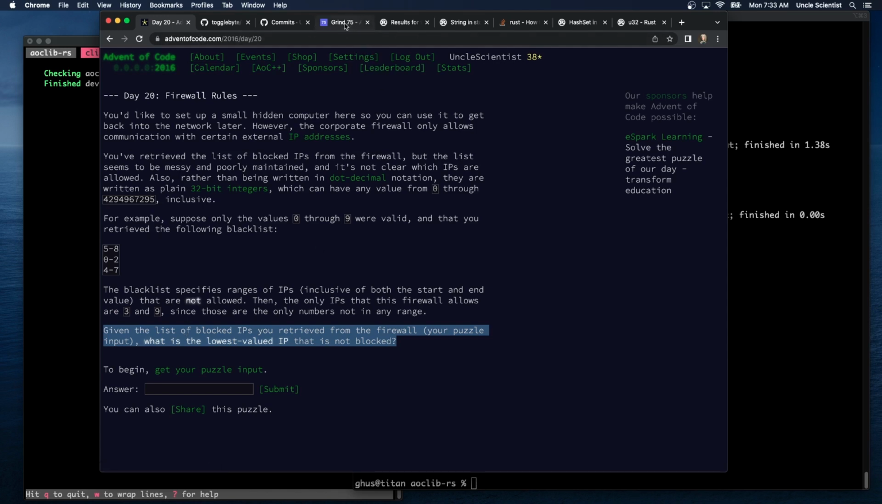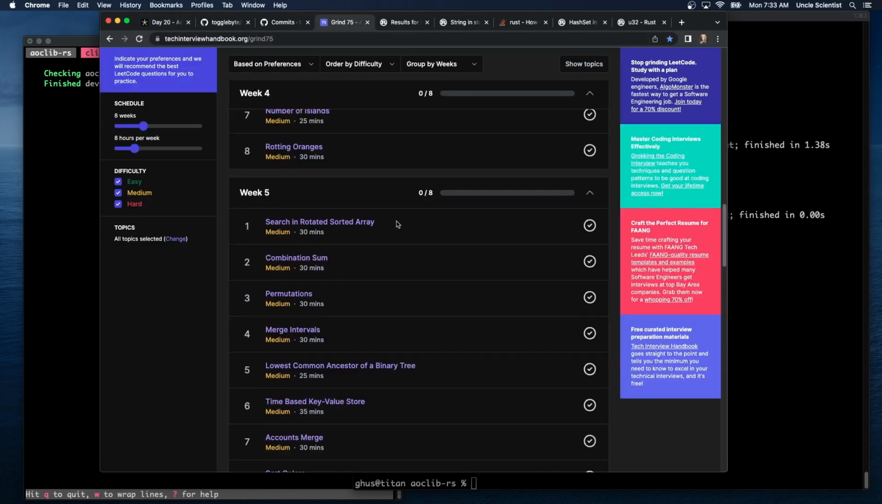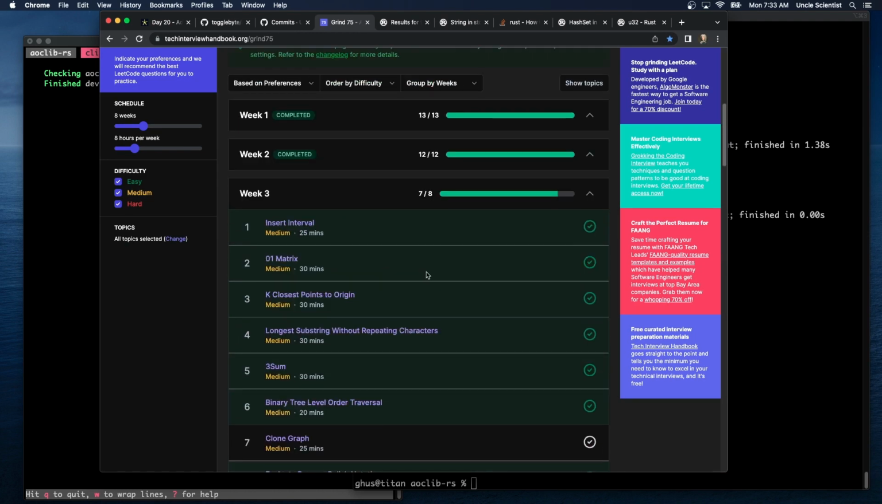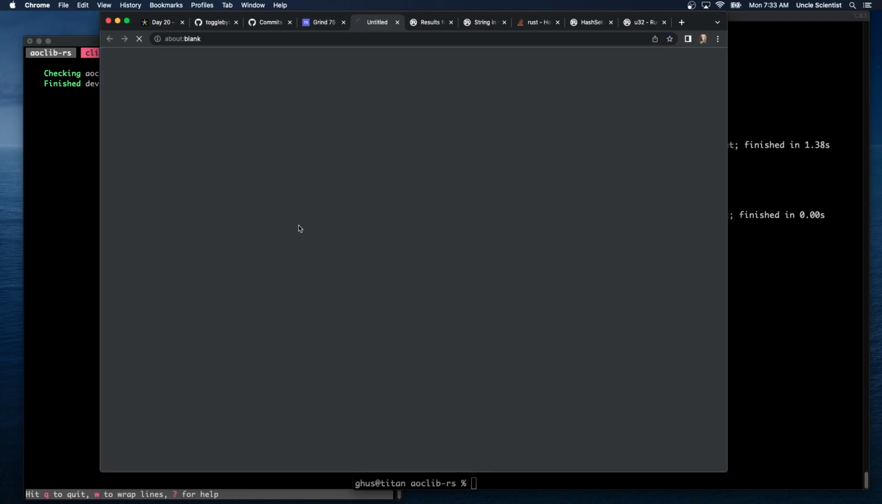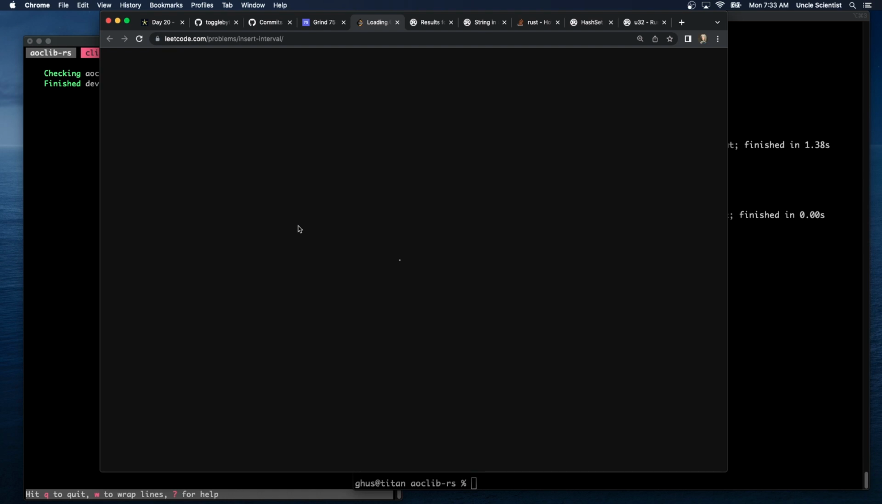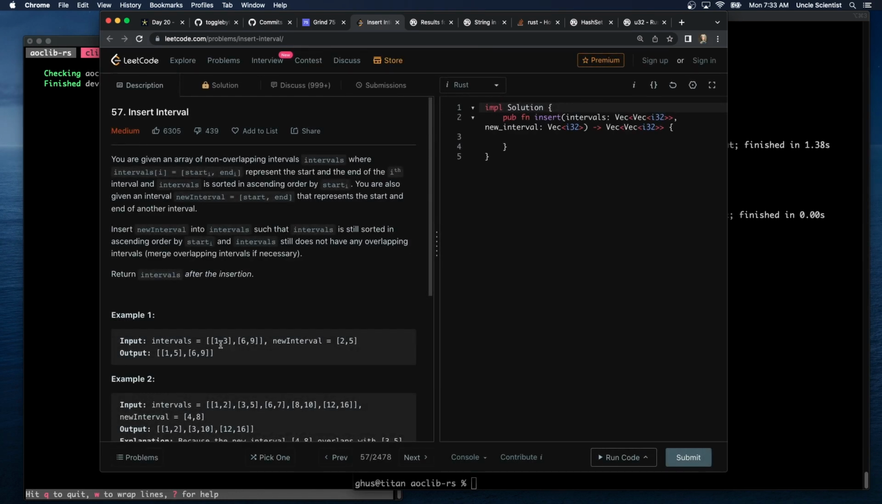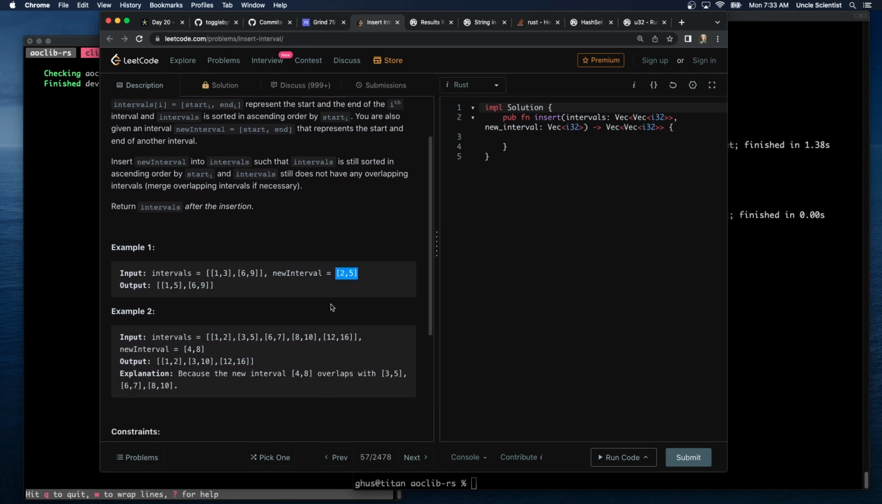We did something similar in Grind 75. It was called Insert Interval, where we were given ranges of numbers, and we had to figure out where to insert a new range given the existing ranges. So we can start off with a range of empty, and then you basically use the same logic